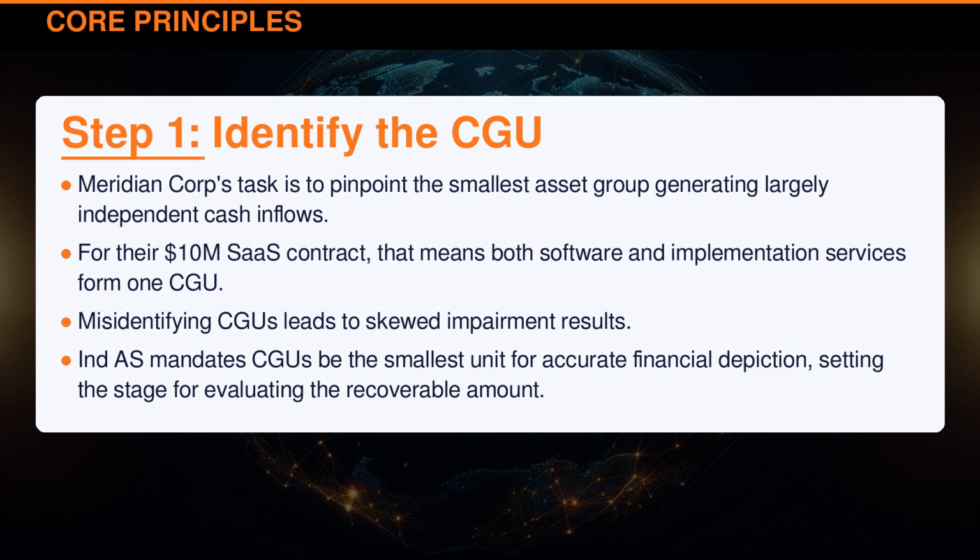Meridian Corporation's task is to pinpoint the smallest asset group generating largely independent cash inflows. For their $10 million SaaS contract, that means both software and implementation services form one CGU. Misidentifying CGUs leads to skewed impairment results. Indian accounting standard mandates CGUs be the smallest unit for accurate financial depiction, setting the stage for evaluating the recoverable